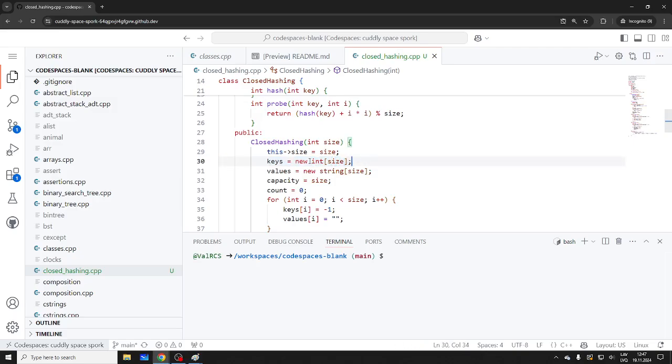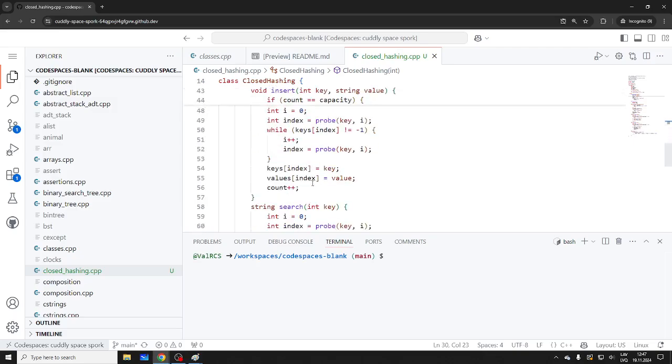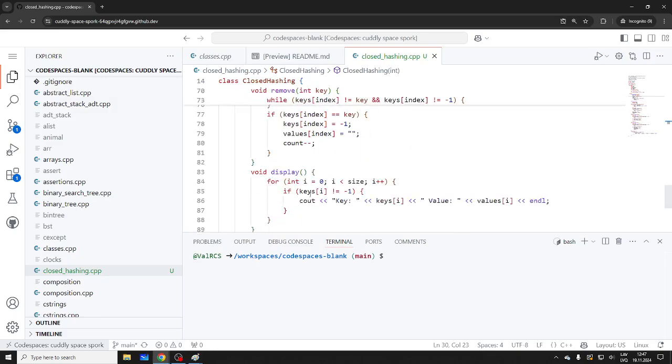If you look at how it's going to work, let's see. Size, this is fine, of course. Oh, it's probably storing the number of keys. Okay, insert: hash table is full. Right, keys index, key index. Yeah, looks okay. Let's see this in action.